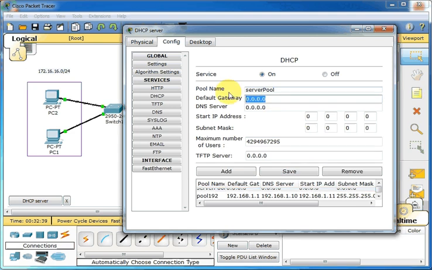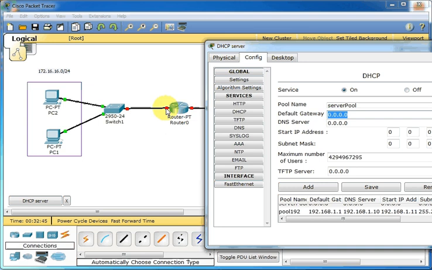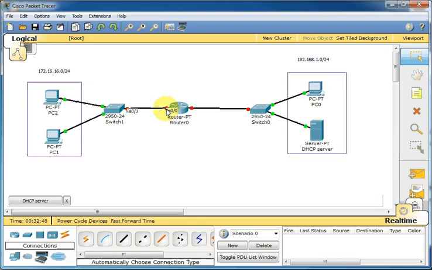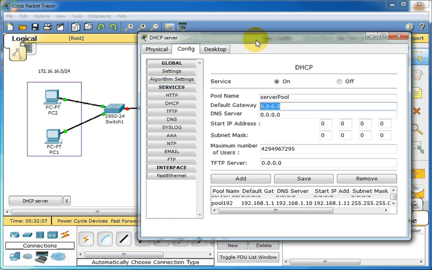First IP of this pool, I am going to assign it to the default gateway, which is this interface, interface fast Ethernet 0/0. So 172.16.16.1 is the default gateway here. DNS is going to be the same,